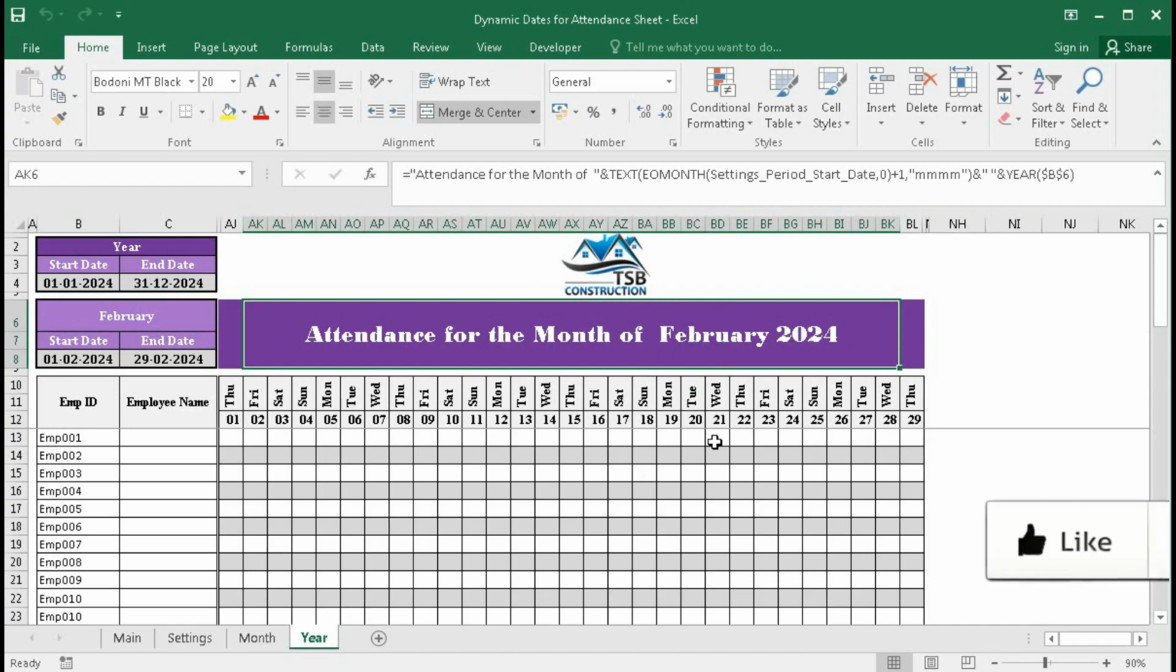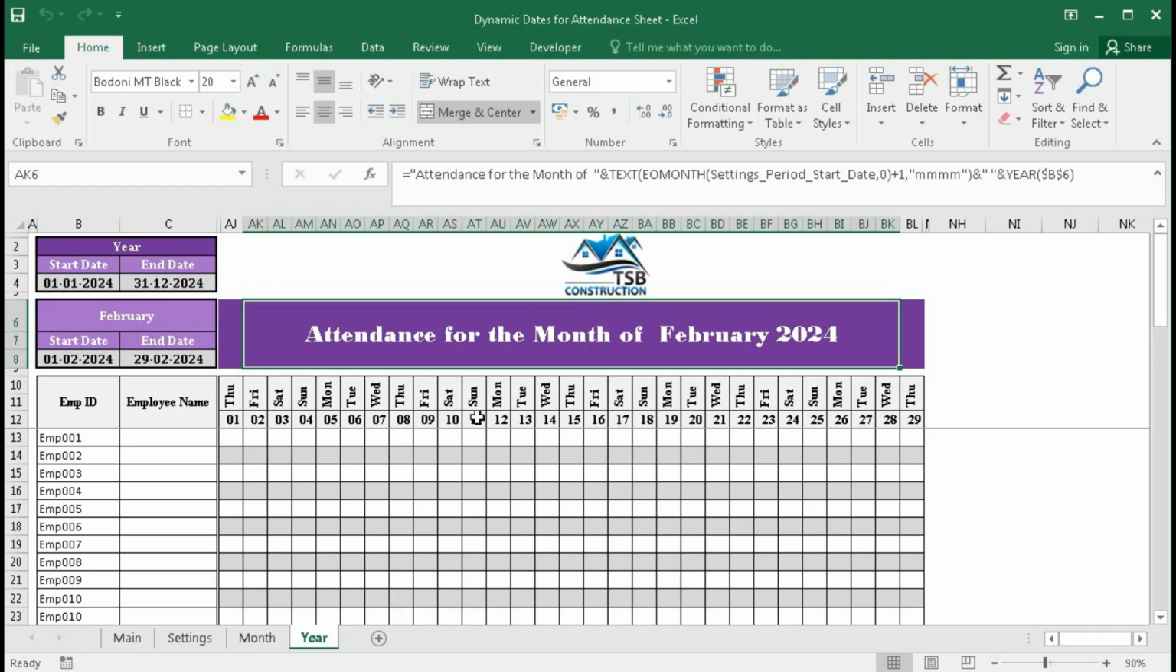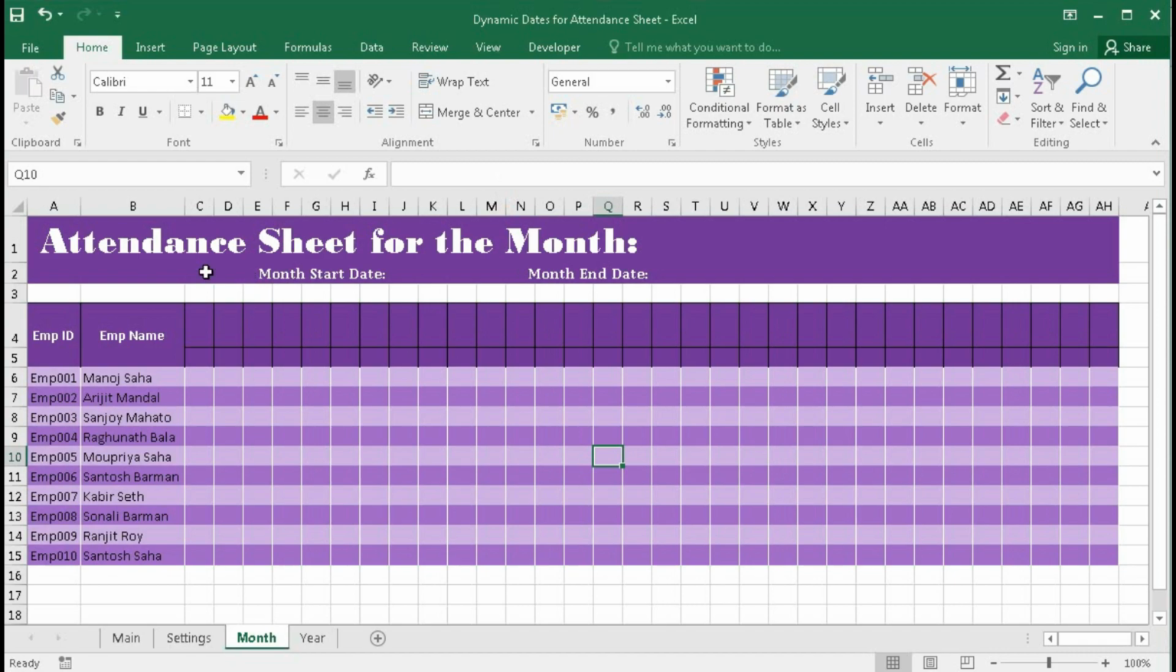So now we will see how to create this month calendar and the year calendar. So let's begin the tutorial. So this is a blank sheet for a single month calendar, and you can see you can easily create this